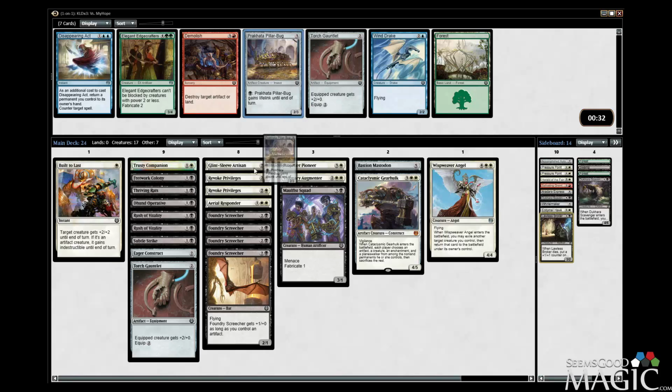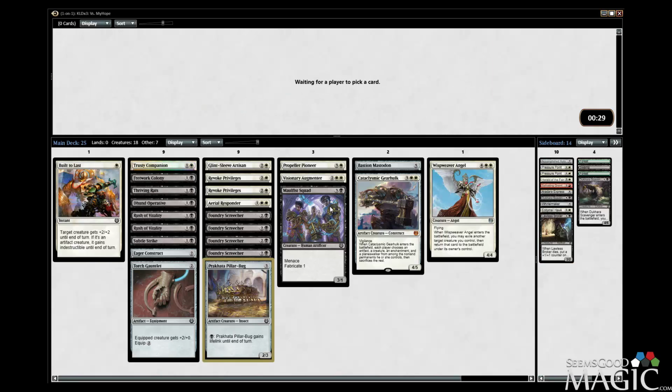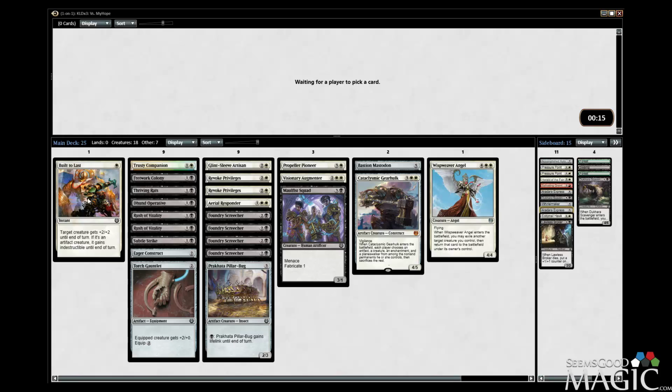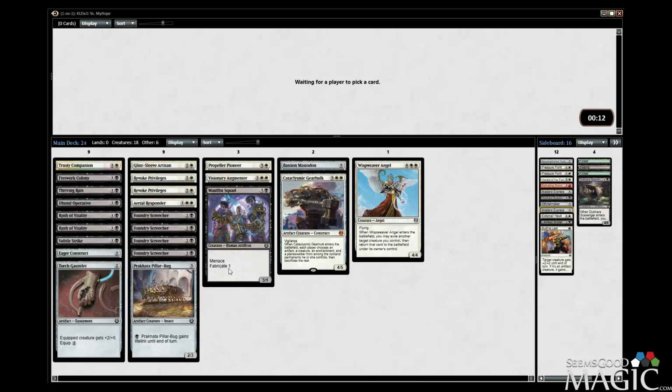Oh, Pillar Bug, great. Look at this curve. This curve is lovely. So what are cuts? I like this deck a lot. I do. I think it's going to be a lot of fun. So let's see. I'm probably going to cut the Built to Last because we don't have that many artifacts that I really care about keeping alive, right? And I just like Rush better. Is that insane? That might be crazy. And then can we get away with 16 lands with this curve? We have a 6-drop though, so that's...